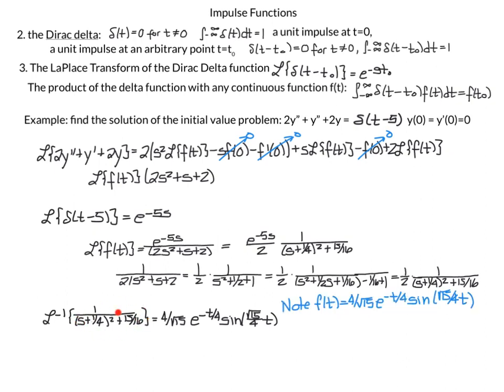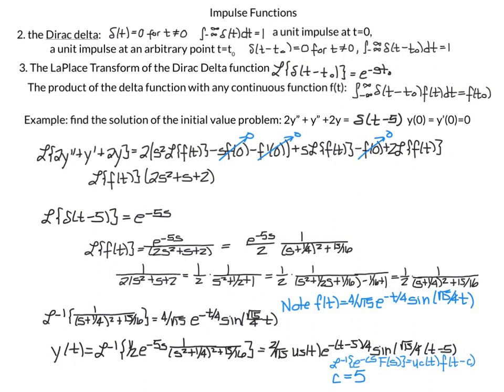The inverse Laplace transform gives me my function lowercase f of t, 4 over square root of 15 e to the minus t over 4 sine of square root of 15 over 4 times t. Now, when I want to get the inverse Laplace transform of the entire function, I looked up this formula. We'll talk more about where this formula comes from in the next video, but for the sake of being able to do this problem today, I looked up this formula,